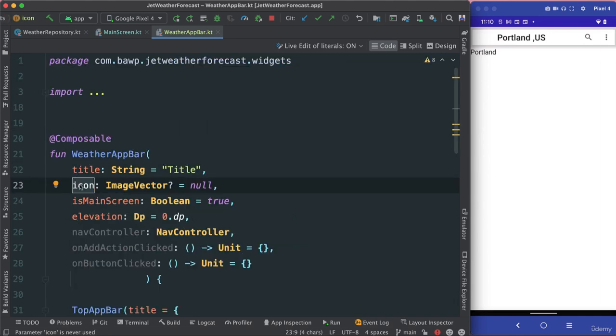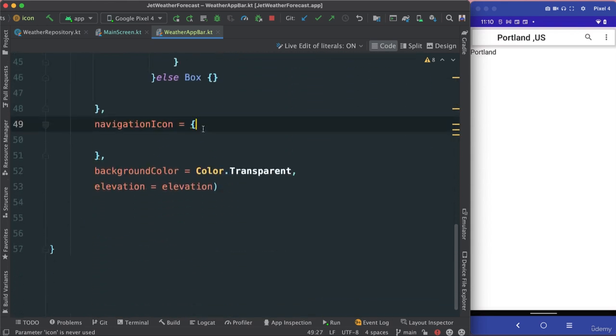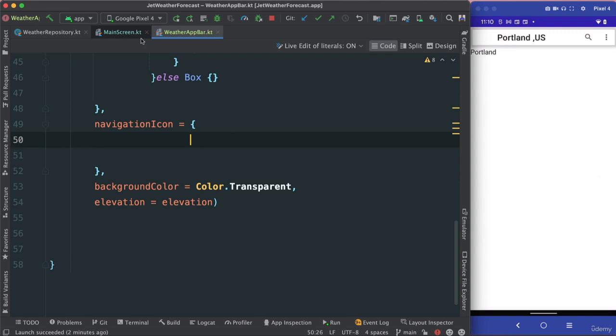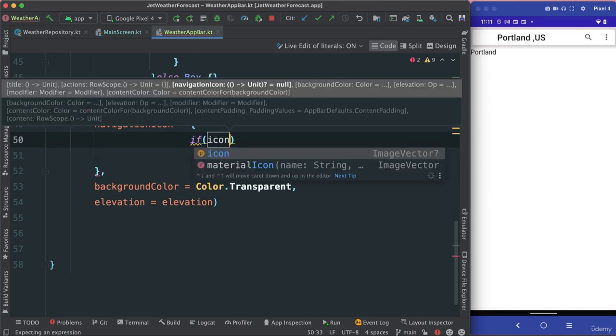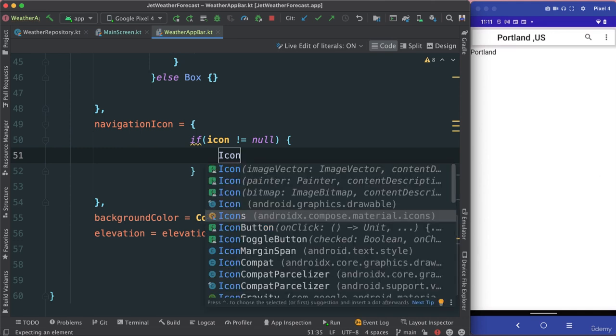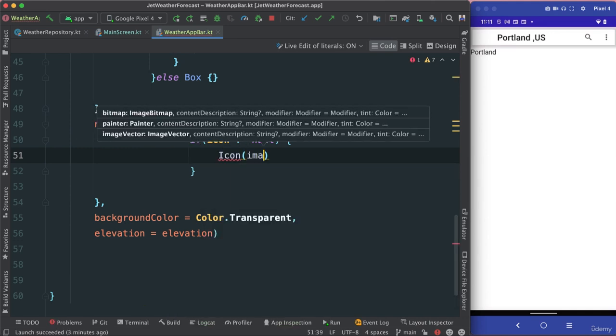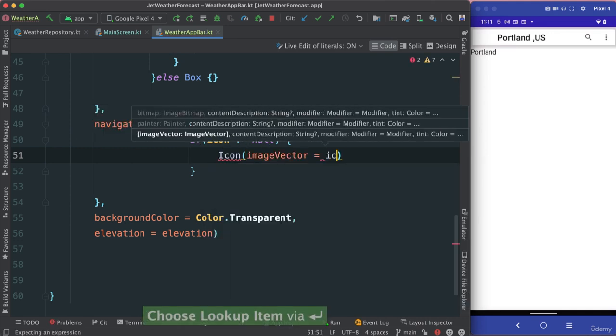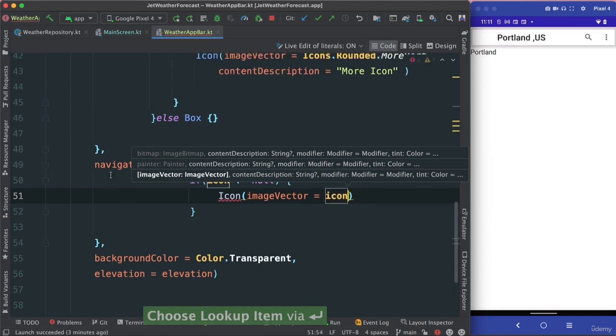Remember, we are also passing this icon parameter, image vector, okay, which can be null. So we're going to check, right? Because when we call this weather app and we are passing an icon, that means this icon is not null, which means this navigation icon needs to be triggered to show something. So again, I'm going to say if icon, right, variable we're passing is not null. If that's the case, then we need to add an icon. So I'm going to say icon, and an image vector as such is going to be the icon we're passing, right? This icon